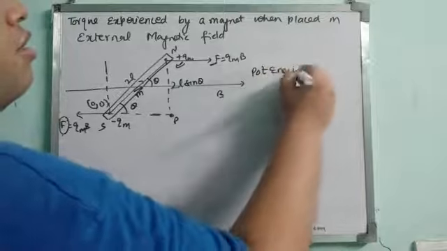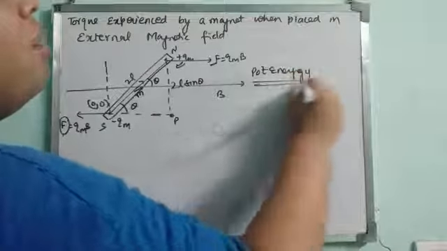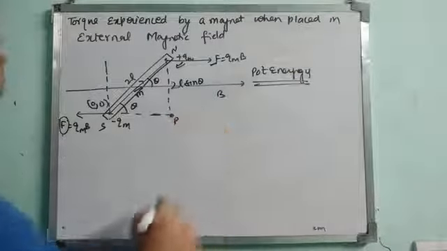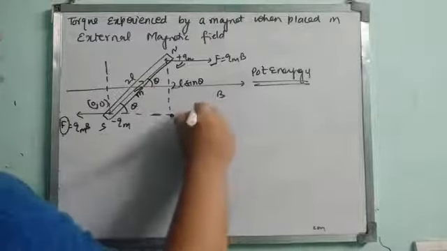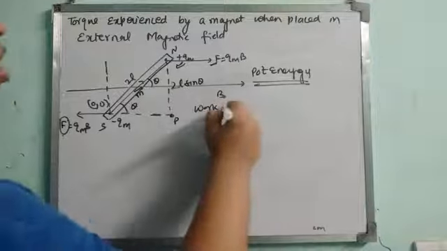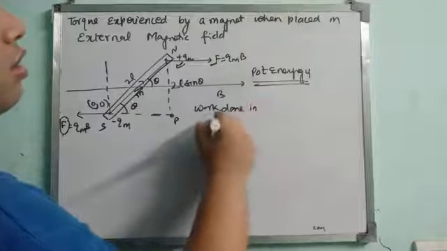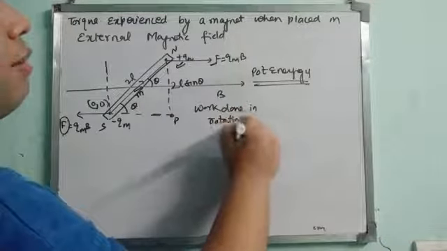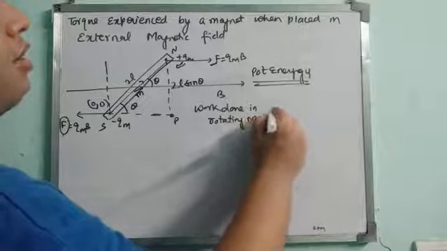Now we are supposed to find the potential energy. First of all, find the work done in rotating the magnet. From there we will get the expression of potential energy. Work done in rotating a magnet in an external magnetic field